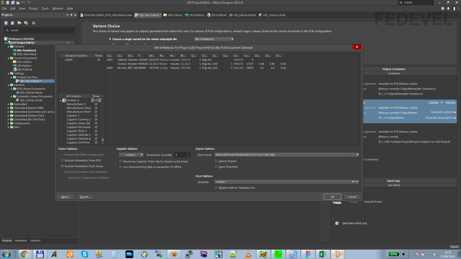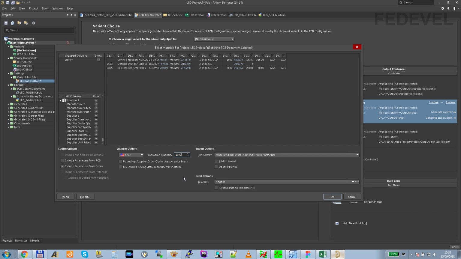A few more settings we would like to do. We would like to order our BOM based on category, so left click here. At this moment this is optoelectronics, connector, resistors. We would like to order it based on category. So connectors, optoelectronics, resistors, perfect. All our BOM is going to be in USD, so left click here and find USD, here it is, left click. Let's say we would like to see the BOM for 1000 pieces, all the prices we would like to see for building 1000 pieces of our board. That's what I normally use.